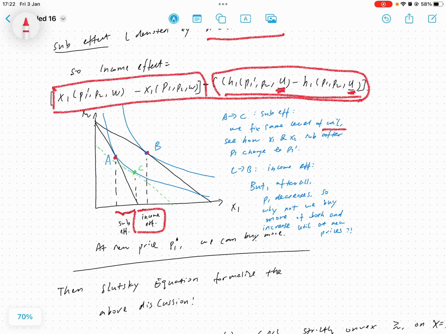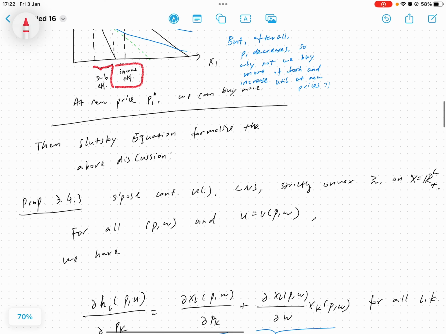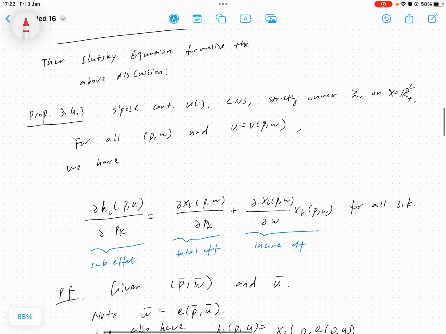Okay, good. So those are somewhat straightforward or intuitive analyses, right? So how do we formalize this analysis? That comes to the Slutsky equation that we're going to introduce. So that will be the proposition